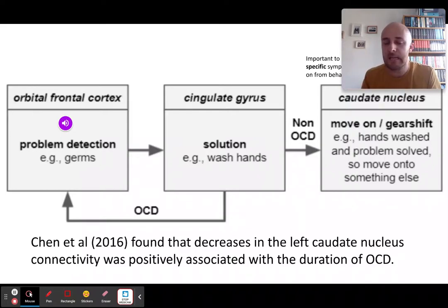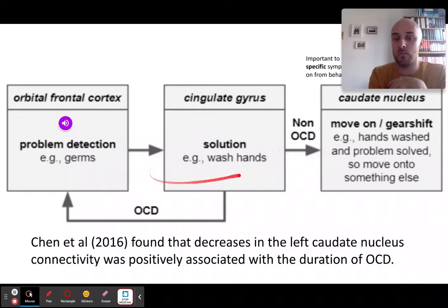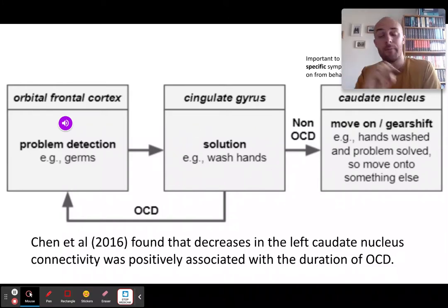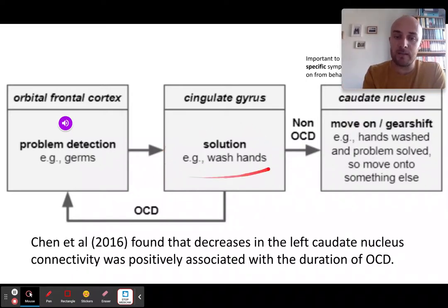It then throws that problem to the solution finding part of the brain, which is the cingulate gyrus. The example they've got here is you've got germs on your hands, or you've just gone to the toilet, for example. So your orbital frontal cortex thinks germs, germs, germs, and then your cingulate gyrus says, well, wash your hands then, right? And in people who don't have OCD, once you've been washing your hands, singing happy birthday to yourself for 30 seconds,